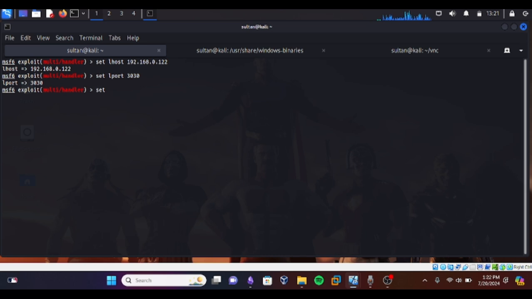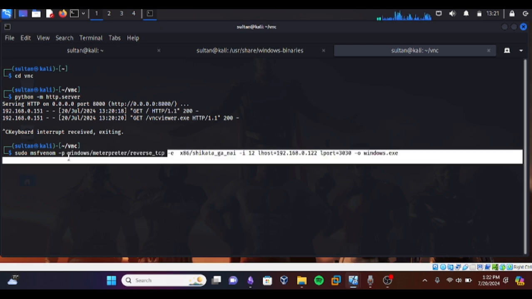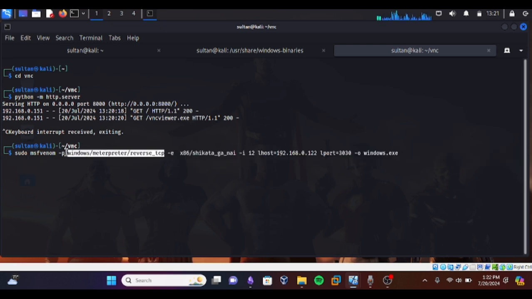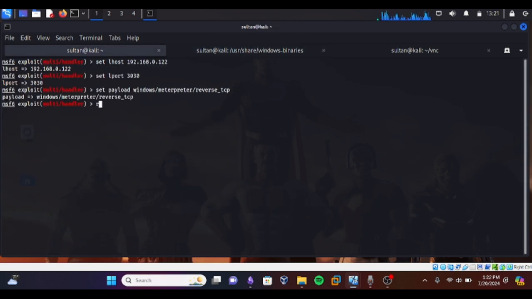Then set the payload to this. Then run. Because it is a reverse shell, we have to listen first before we can execute the payload on the target system to get a shell.